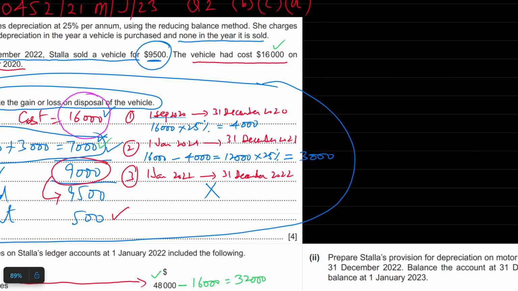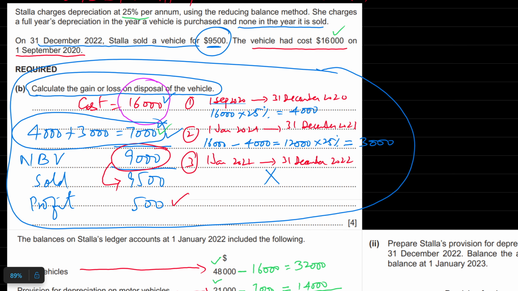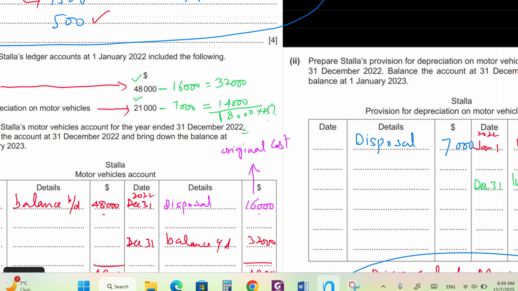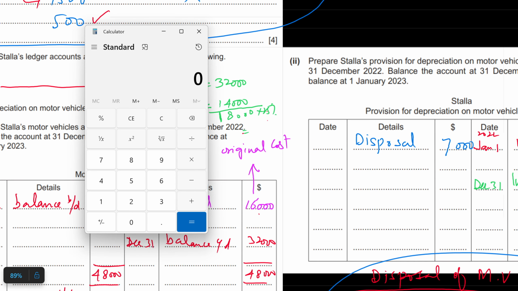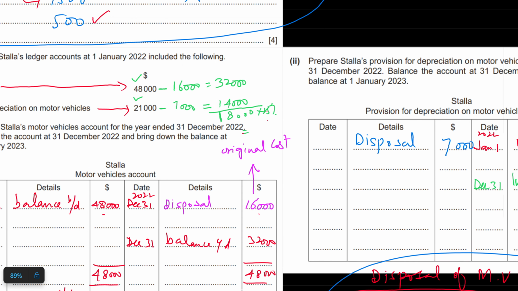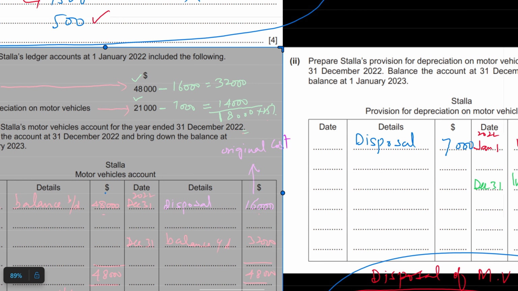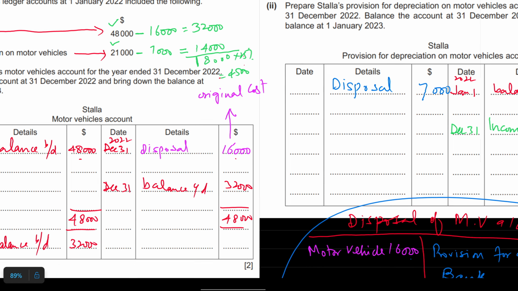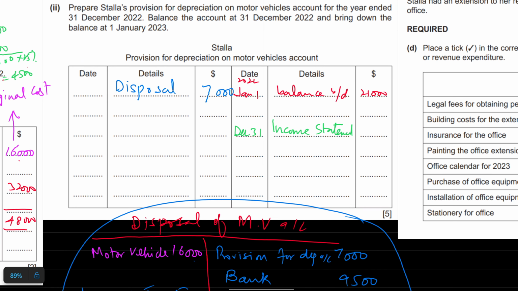Now, because rate of depreciation is 25%, we will calculate 25% of 18,000, which is 4,500. So students, depreciation of current year is 4,500. Now we will balance off